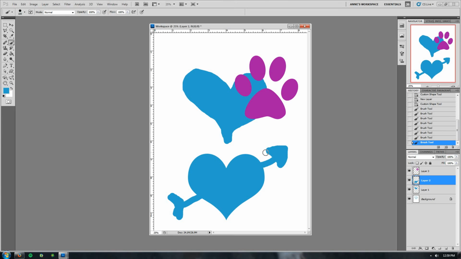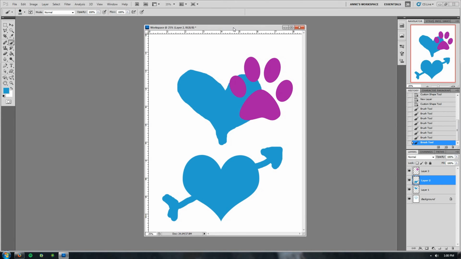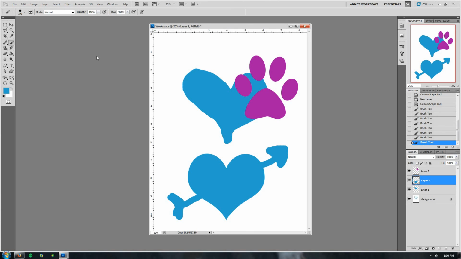There we go. And so this is my masterpiece. Are you guys totally in love with it, right? So I want to save this because let's face it, it is completely awesome. So to save your work, just like this with all the layers so you can go back and edit them